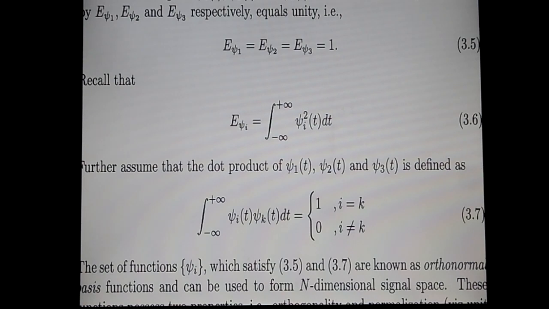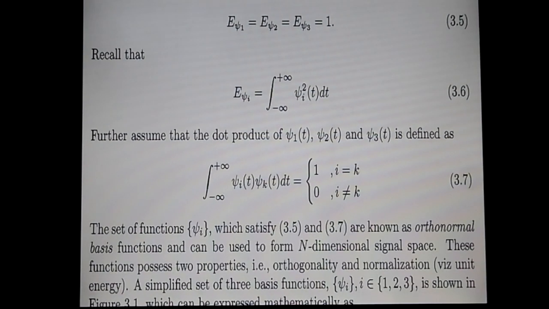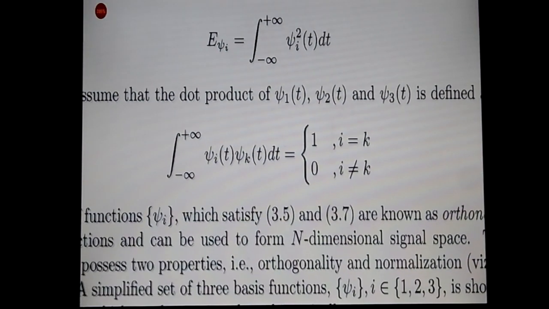We are just defining three signals. The energy of psi i is equal to the integral of the square of psi i of t, as shown in equation 3.6. And the dot product property is defined in equation 3.7. So if you see the dot product of these psi 1, psi 2, and psi 3 of t, it can be very easily defined using this